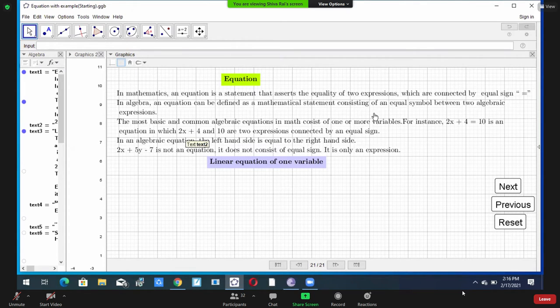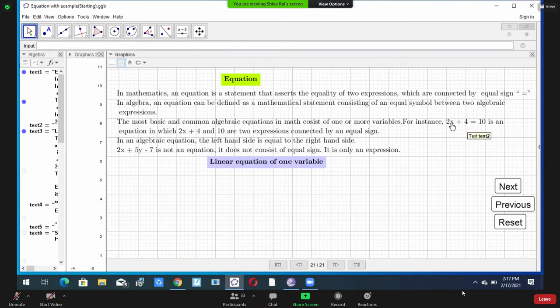You look, twice x plus 4 equal to 10, above example. It is also an equation, and an equation also it is linear equation. Why linear equation? The variable has the highest power 1. You look, x, it has power 1, but not written. I am showing by this cursor, you look here, hand-like cursor.